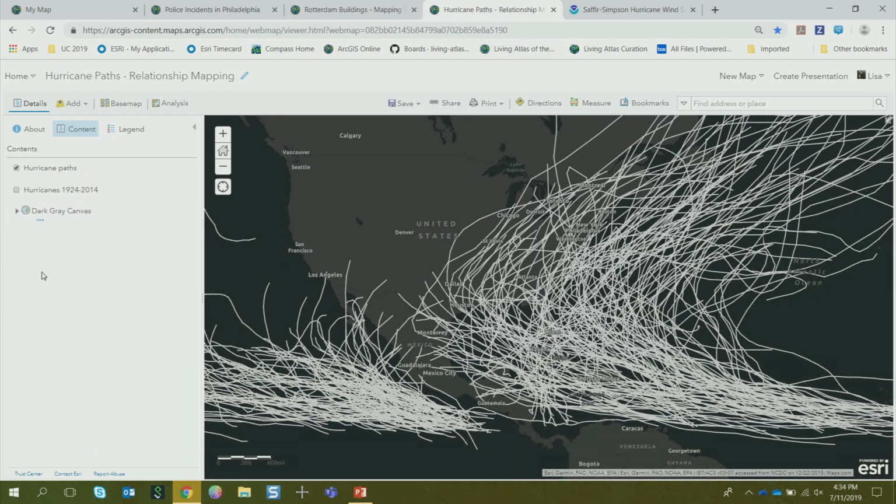Now I'm going to show you relationship mapping. So this used to be called bivariate mapping. Well, I guess it still is called bivariate mapping. But this has been done for a long time. And we have a teammate, Aileen Buckley, who's an incredible cartographer. And she told me,